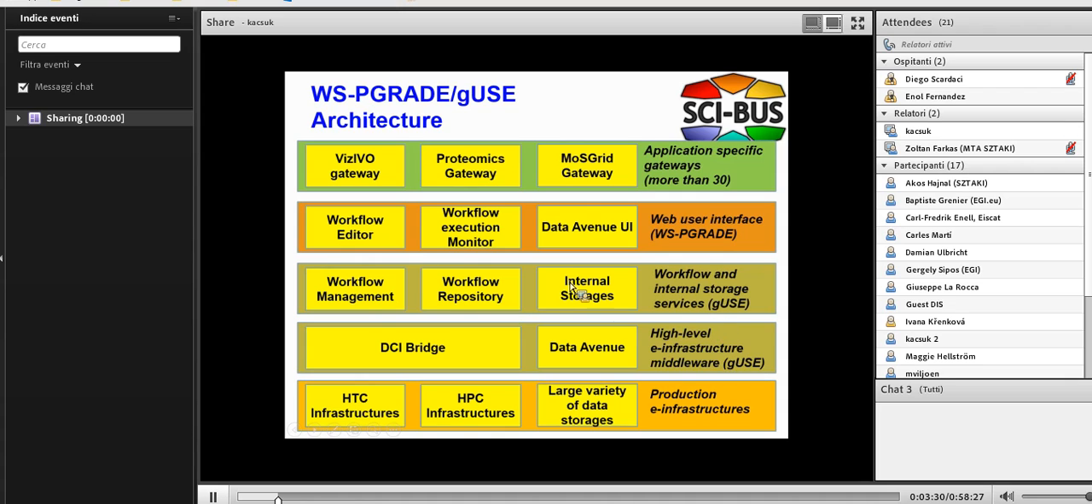The next layer of gUSE is about supporting the workflows. So it provides the workflow management, a workflow repository, and also it provides internal storages to store the different data, structure of the workflow, and so on. So these two layers are the gUSE layers, which you can consider as a kind of high-level grid cloud middleware layer, if you like. On top of that, there is the user interface layer, which is called WS-PGRADE, and